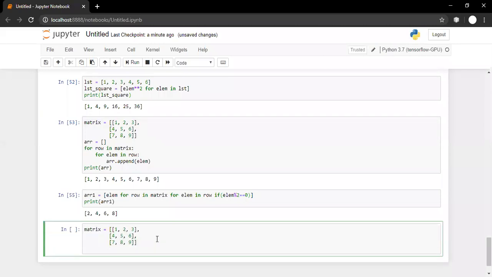Your task is to calculate the transpose of a matrix using list comprehension. Basically, convert the rows into columns, or you can convert the columns into rows. And don't forget that every row is a list over here. This is one list, this is the second list, and this is the third list.